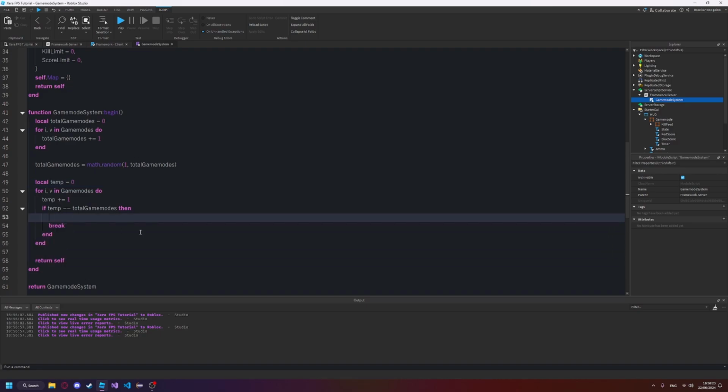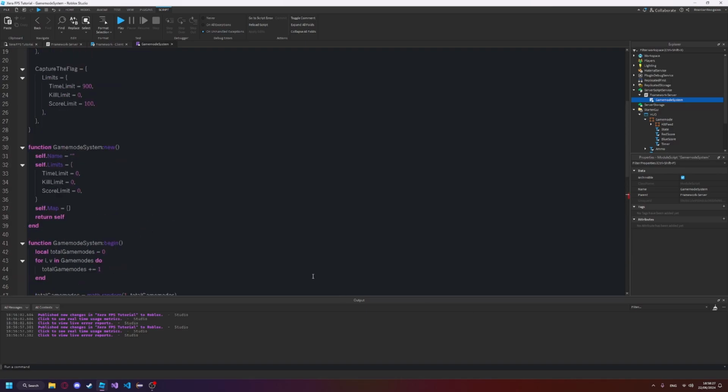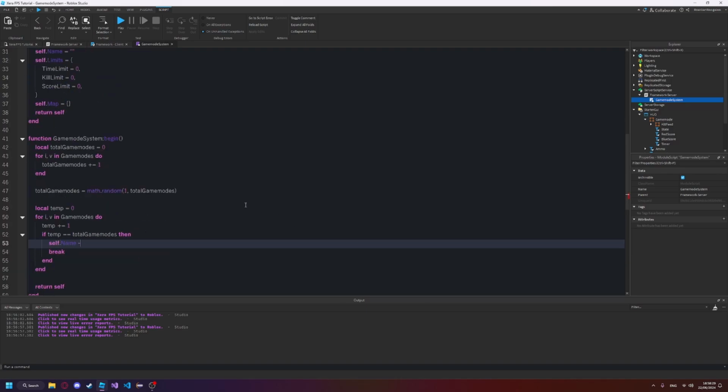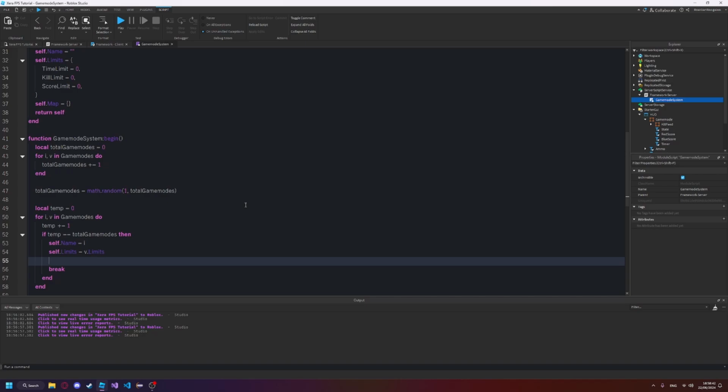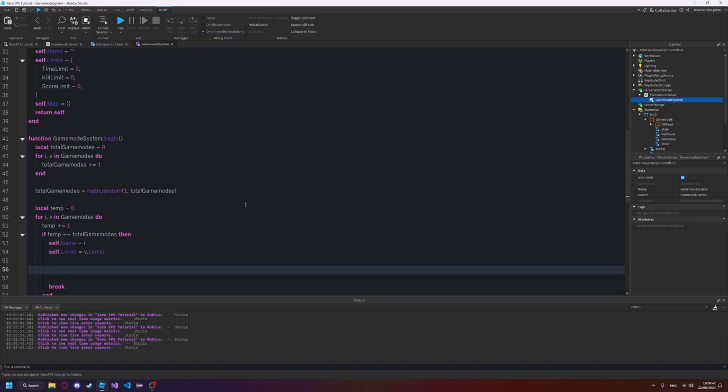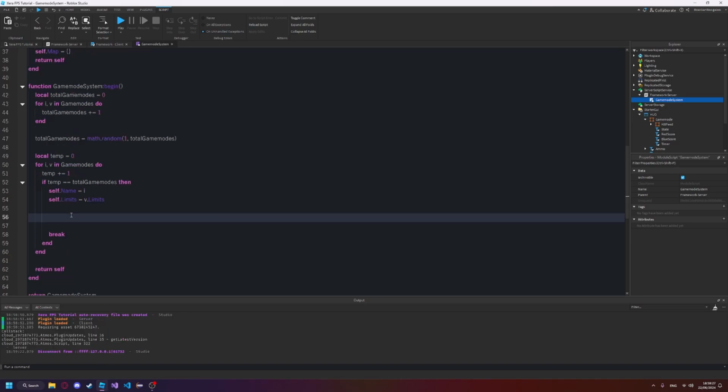So what we can do here is we can say self.name equals i, self.limit equals v.limits, and we can say, actually no, we'll do map in a second. Now we need a map, so we'll say self.map equals,